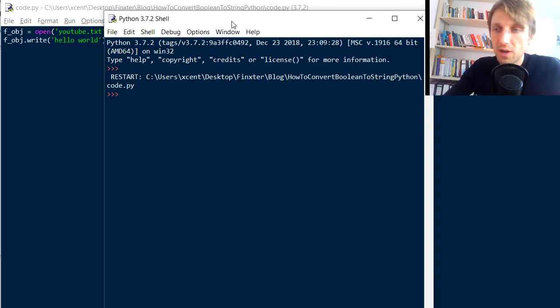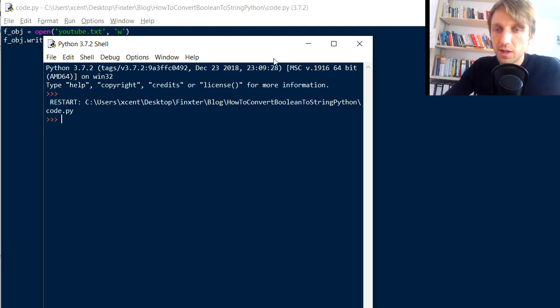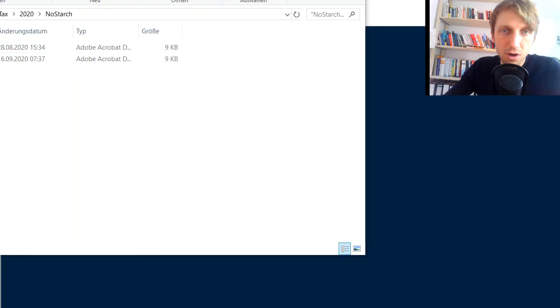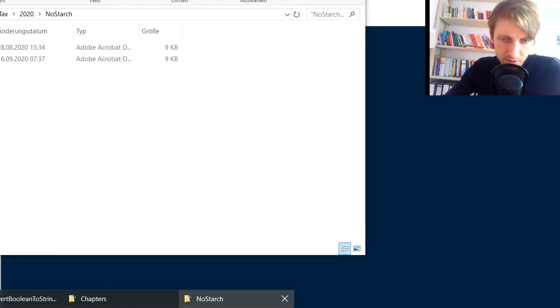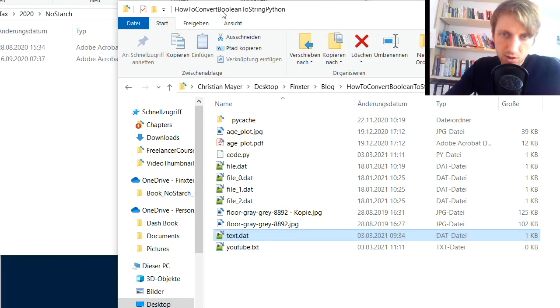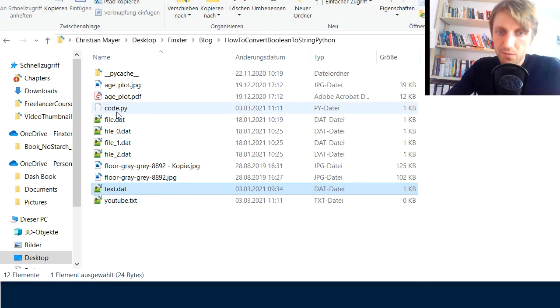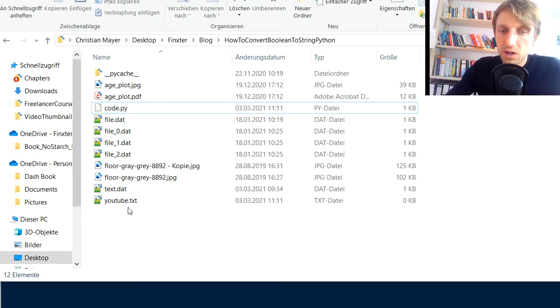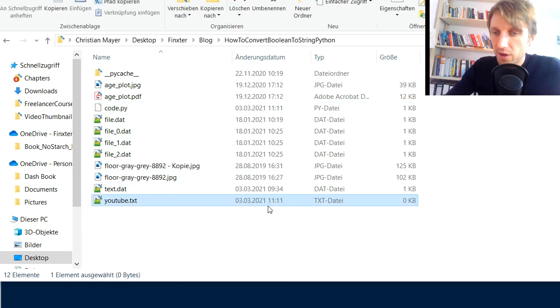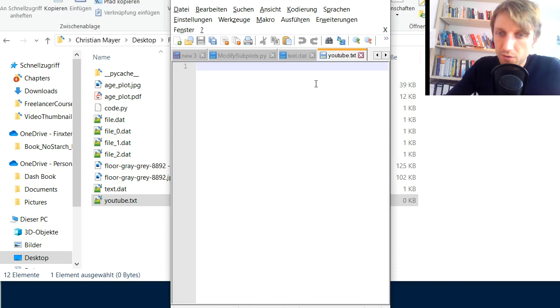So the code doesn't have any output, so I just run the code. It terminates without output, but now we can open the file structure. This is the folder where my file code.py resides, and I have a few other files here, and this file, you see, it's just like at my home, it's 11:11 o'clock. So you see, it was a file. This file was just created, and if I open the file,